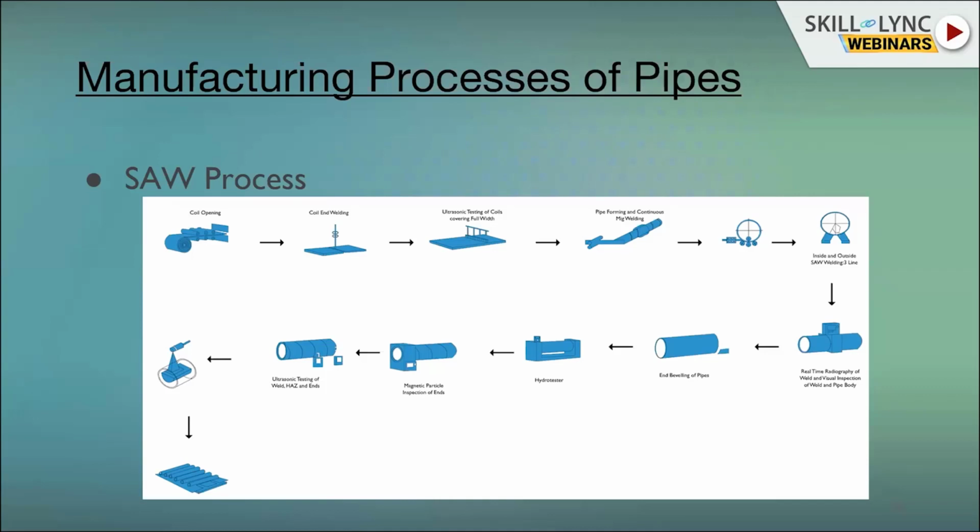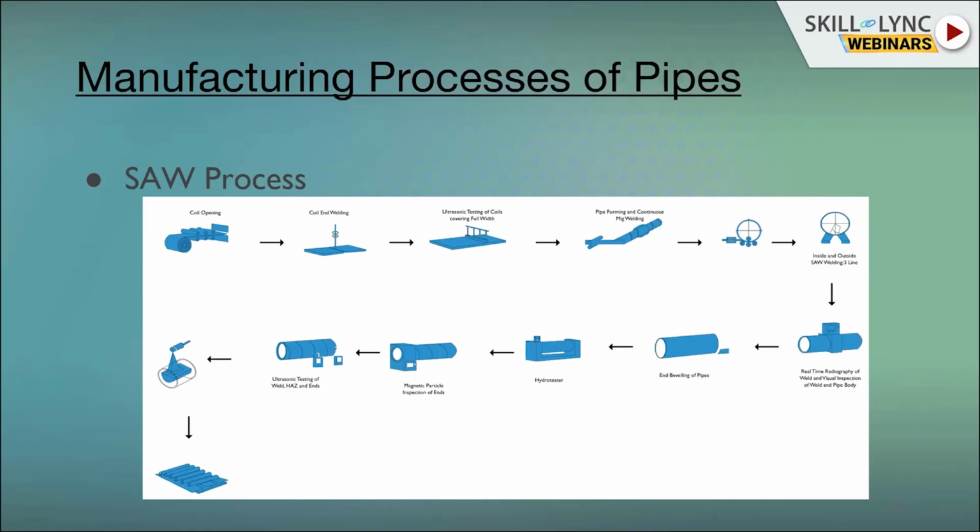Okay, after that, the pipe will be formed. If you are talking of the spiral pipe, then the pipe will be formed into the form of a spring. There the welding part will be done. After that, inside dia welding will be done using the submerged arc welding process, and outside dia welding will be done parallelly. In this process, both inside dia and outside dia welding will be done simultaneously. Different kinds of mills have different capacities to weld.